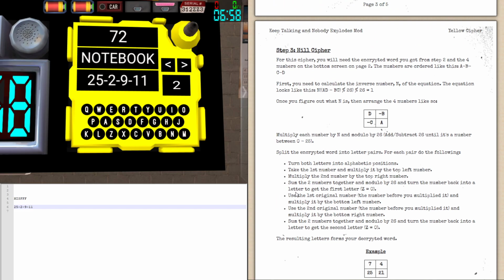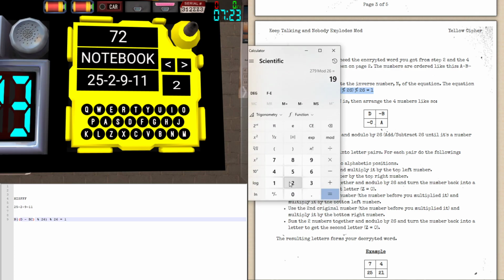And the first thing to do is we need to find the inverse number of n of this equation, which looks something like this. And the numbers here are labeled A, B, C, D accordingly. So we have A times D, so that's going to be 25 times 11. So if I plug this into our calculator, 25 times 11 gives us 275,